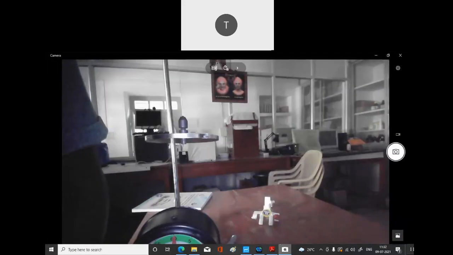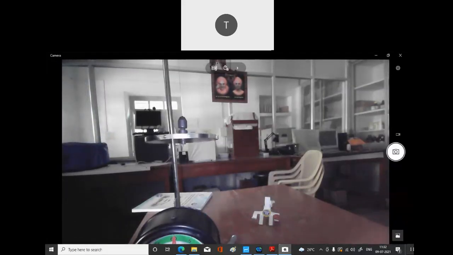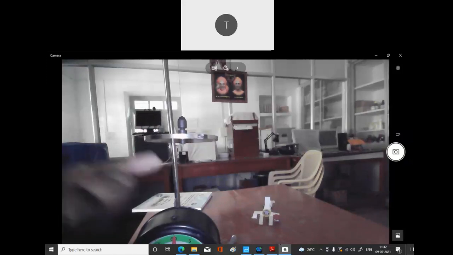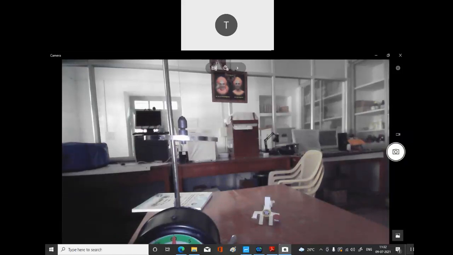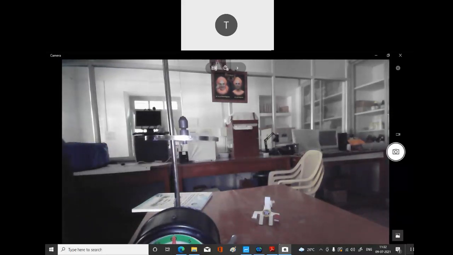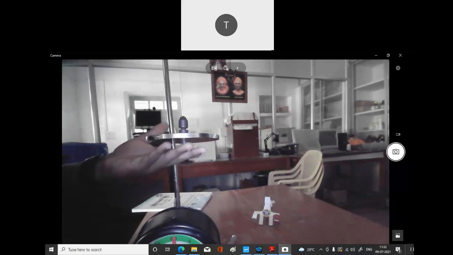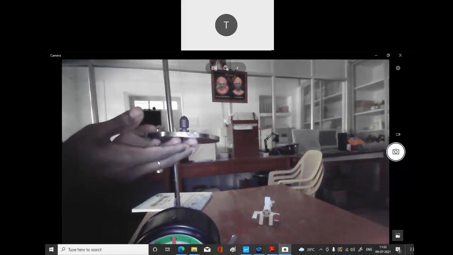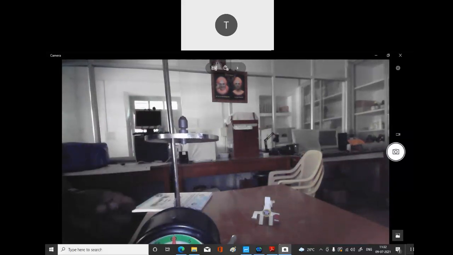Now you can see that the one I started earlier is still going on, because this is a circular oscillation and it keeps on rotating till it comes to rest. It will take some time. So I will make it come to rest. It is again your law of inertia: you can bring any object to rest by applying an external force. Now I am stopping it. This is the stopping point.